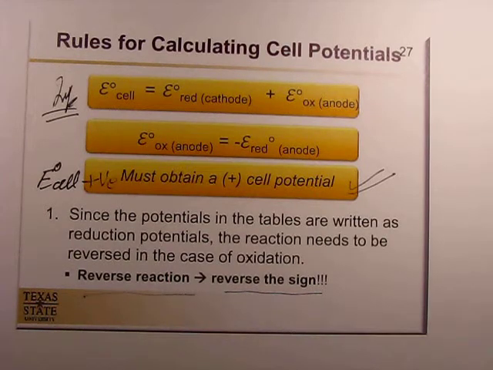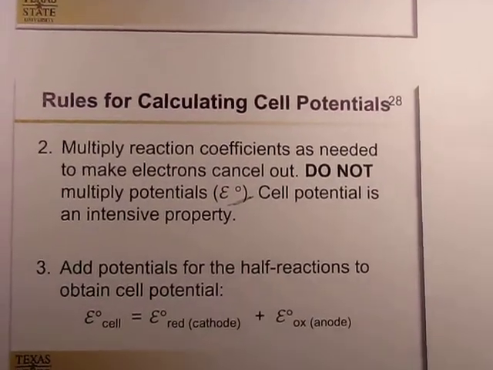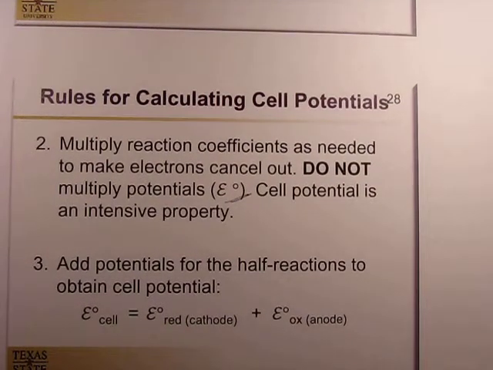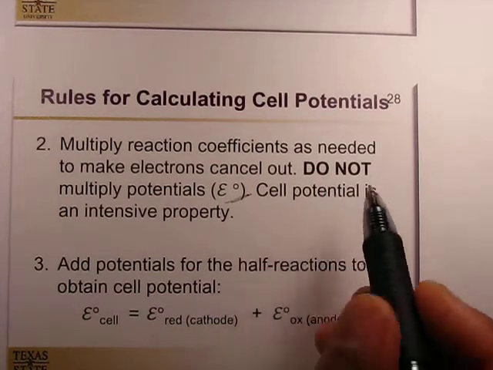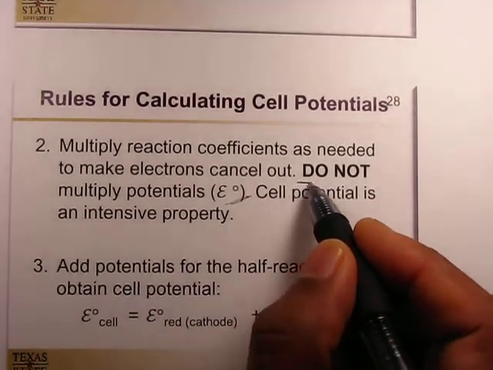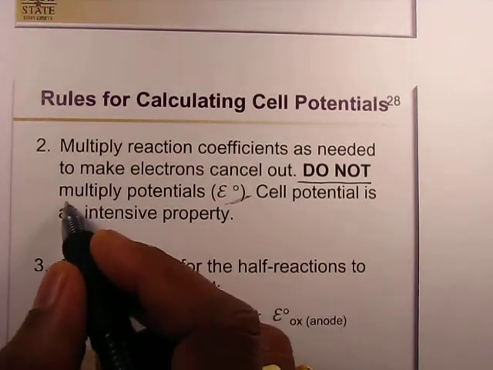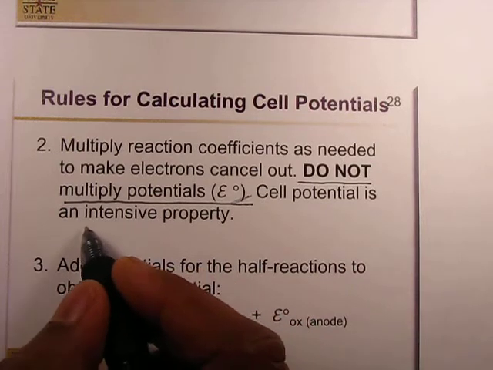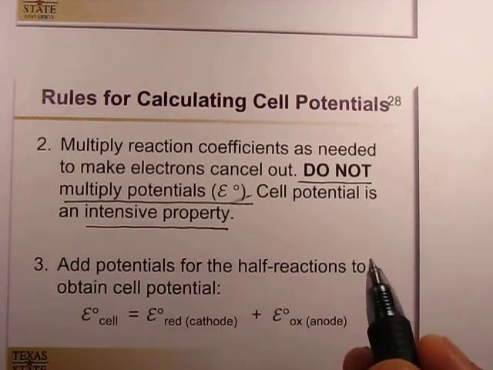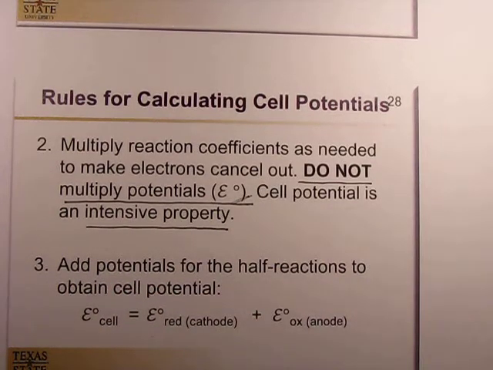And the second rule is to multiply the reaction coefficients as needed to make the electrons cancel out. Do not multiply E0 cell. This is very important. Cell potential is an intensive property. It means it does not depend on the amount. So for an example,